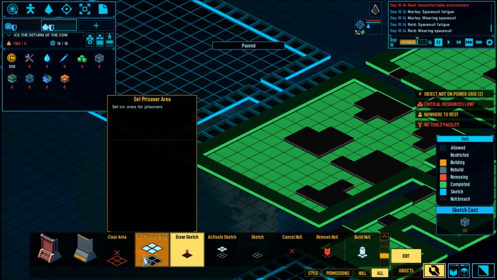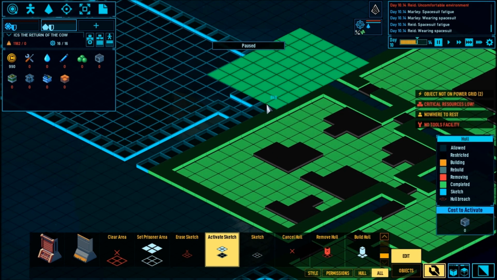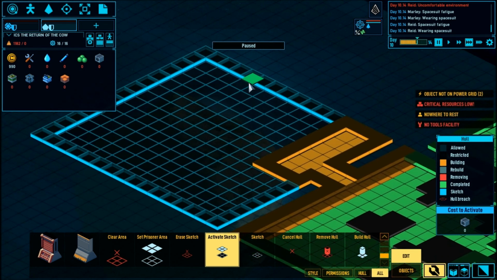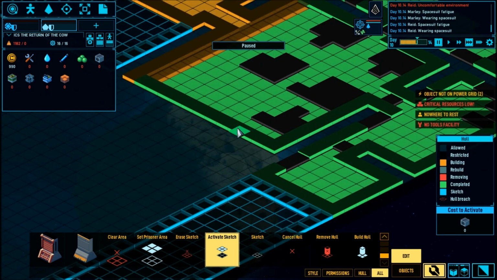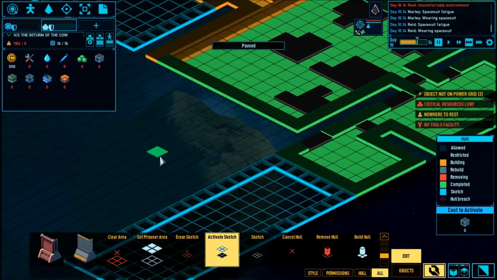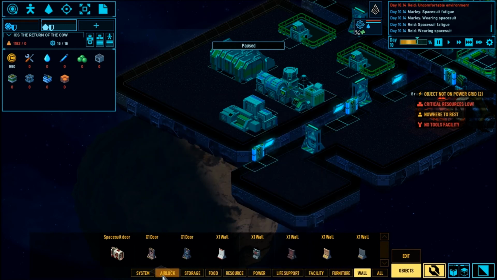Now what I can do is hit activate sketch, and I'm going to activate that entrance, this section, and a chunk of this hull. I'm going to leave some of it offline for now. I'm also thinking I'm going to add a little bit more to the side of this before I put in the fabrication facility, because there's a few more pieces of machinery that I want to be able to place down under